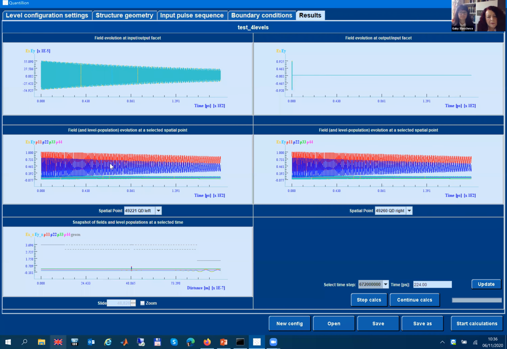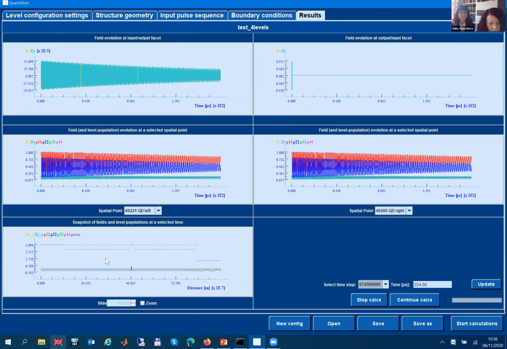And these are the Rabi flopping of the populations of level 1, in red. Row 2 is the population of level 2. All the populations of the 4-level system that we are modeling are shown.